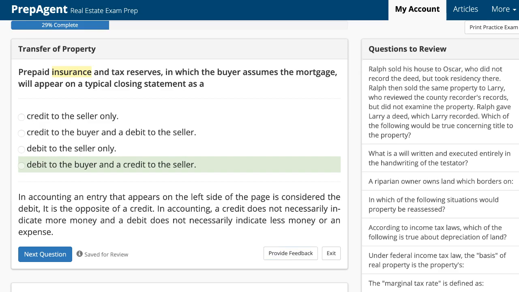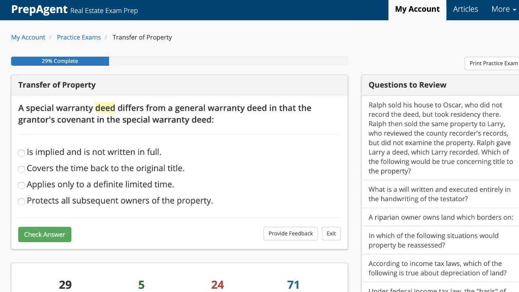Okay, just remember, debit is money you owe and credit is money that's coming to you. On your closing statement, you will have debits and credits. Debit is money that's going to have to be paid out when it's all done. Credit is money that's coming to you. So for example, very often prepaid taxes, when a seller pays them off and the new buyer gets it, they'll credit those taxes back to the seller.